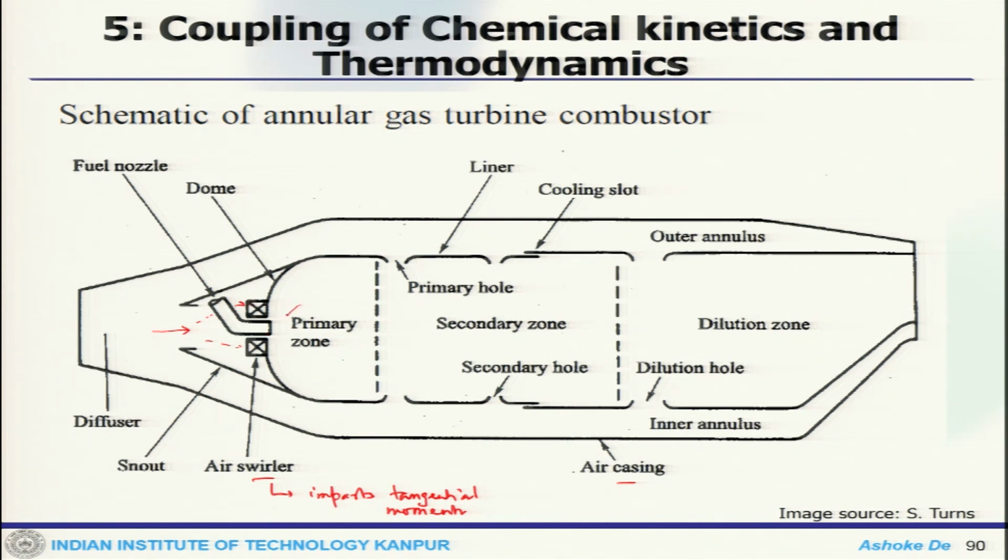is there. So, in the primary zone, there would be the primary reaction going on. This is called the primary zone. Then these are the primary holes, where again the air is passed through, and these are the liner, and these are the secondary holes, where the secondary hole allows some more air to come in, because some air is bypassed there, and that goes through these casings and through these holes. Now, when the secondary air comes through, it also takes part in the secondary combustion, or secondary zone combustion.